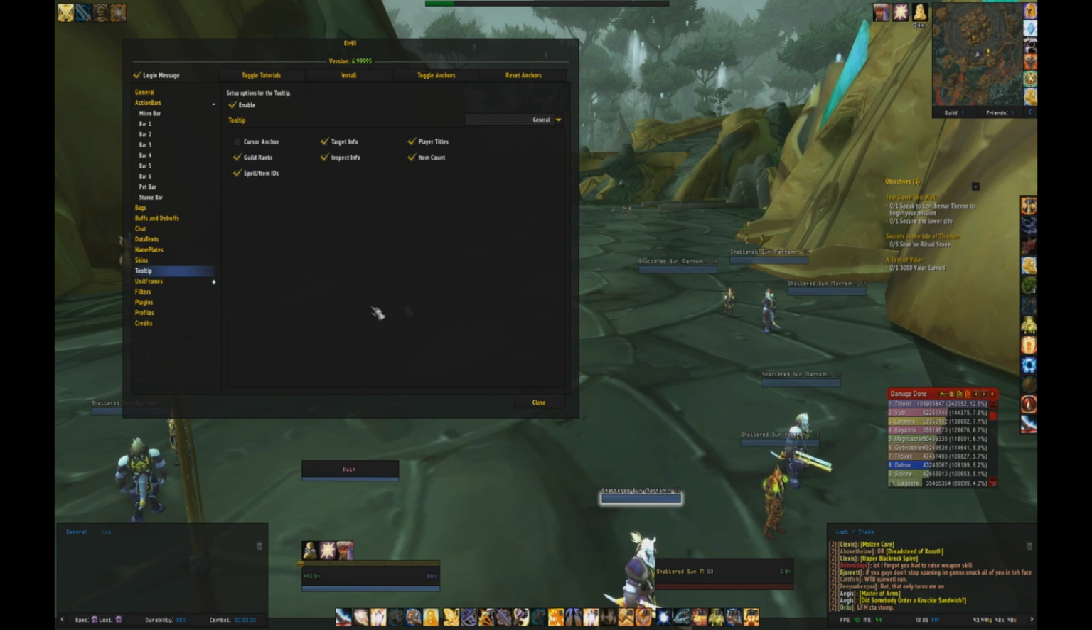Cursor anchor, none of this is really important. That's just your tooltip, like where everything is showing up when you mouse over it. Pretty simple. You can see everything's kind of showing up on my screen there. I can always make it a mouse anchor and just boom, whenever I mouse over something, it shows right on there. I'm not gonna have it as a mouse anchor, but